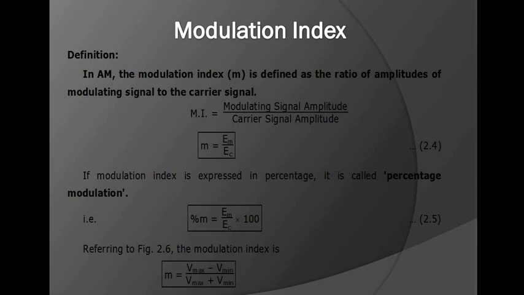Now, can anyone tell me any idea about the modulation index? Modulation index is nothing but the depth of the modulation. What actually is the modulation index, by formula or definition? It means how much the signal has been modulated. In amplitude modulation, the important consideration is to describe the depth of the modulation, meaning how much your carrier signal has been changed. You know the carrier signal is constant.